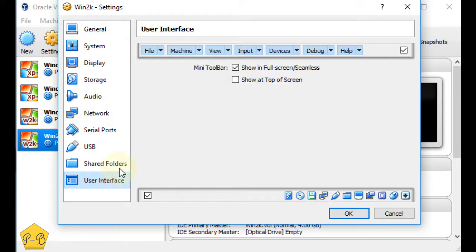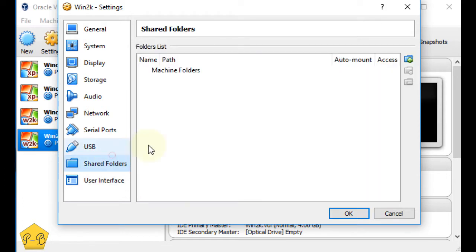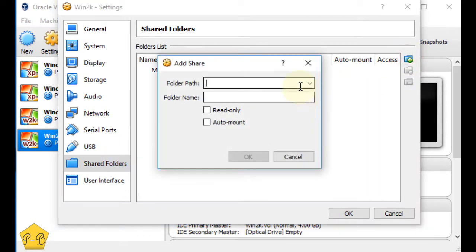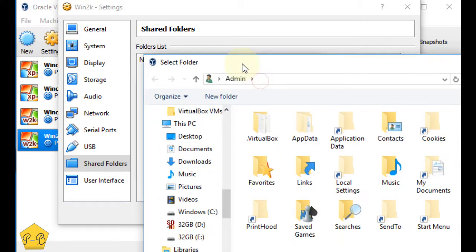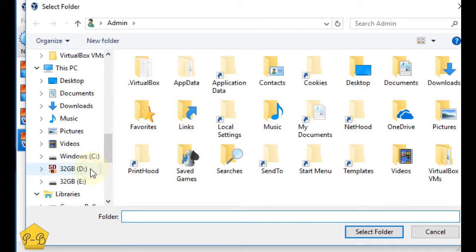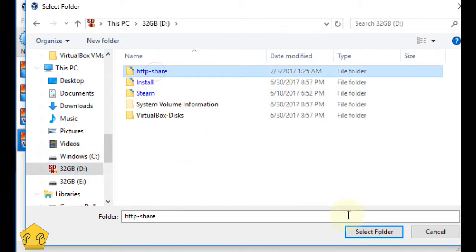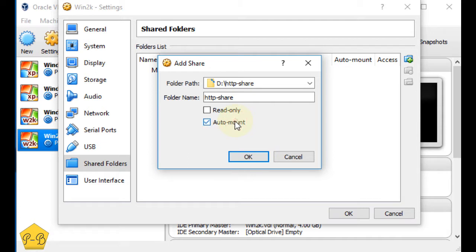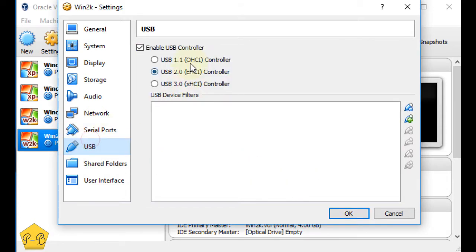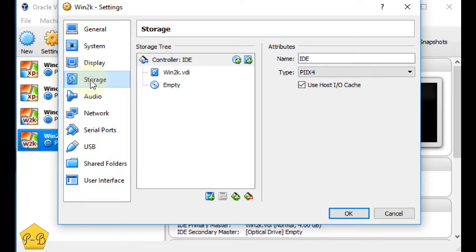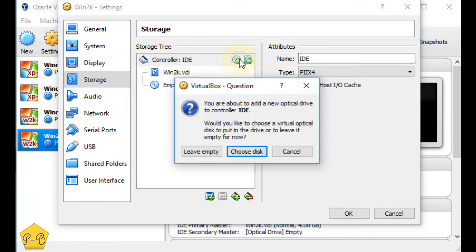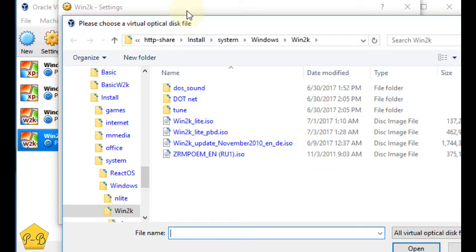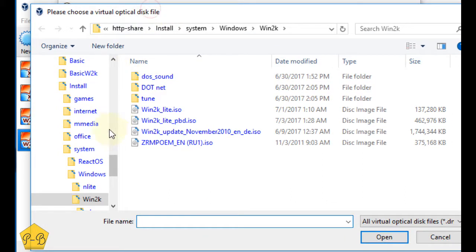Again, the usual user interface at top, shared folder, other, the HTTP share, auto mount, okay, USB 1.1, storage. Now we will add 2 CD-ROMs. So the first one I will add is